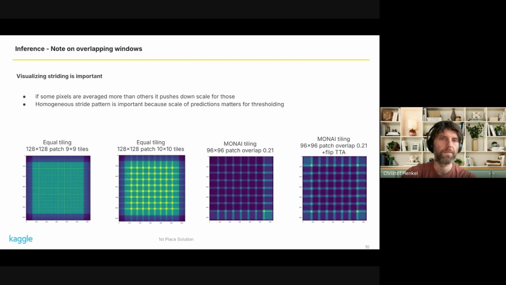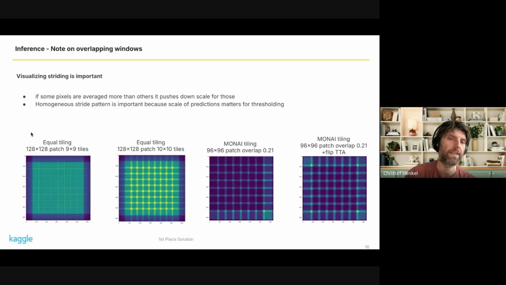Okay. Yeah, so one thing we also found, which I think is quite interesting to see, is that what we did, and I think most of the teams did something like this, where you basically divide the whole tomograph into overlapping patches and feed the overlapping patches into your model. We saw that the way you do the patching and how you do the overlaps matters quite a lot, I would say. And we used a different tiling approach. So Eugene